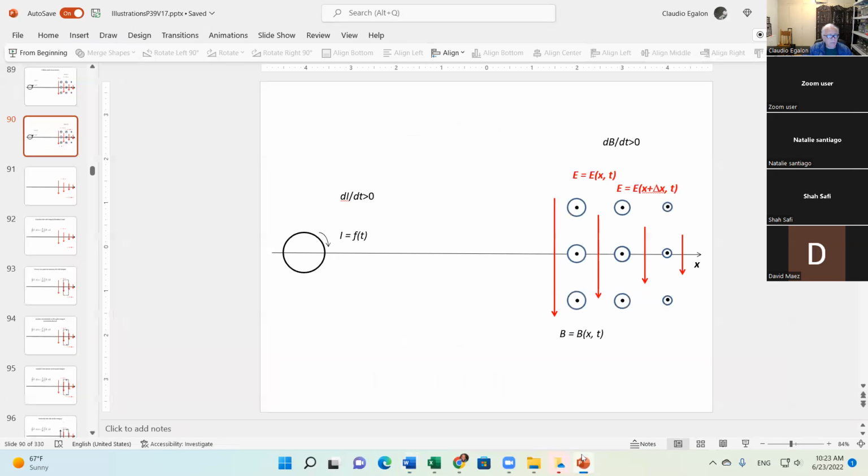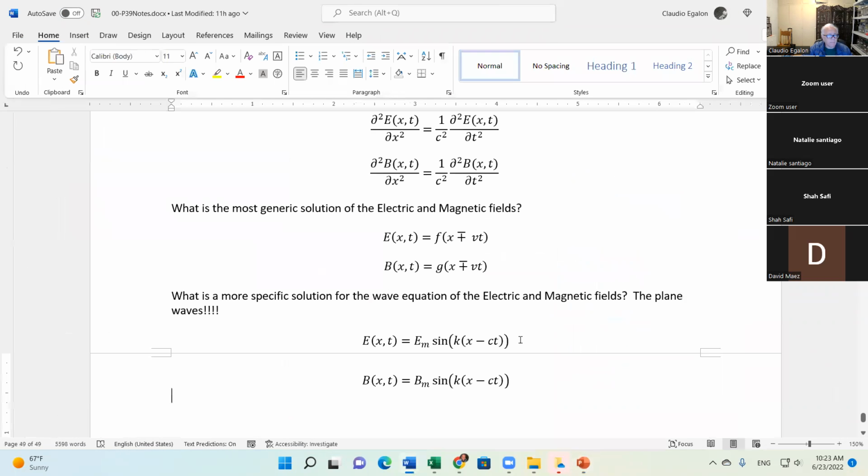Okay, in our illustration that I did here, the electric field is along the y direction, in the negative y direction. And the magnetic field is along the positive z direction. Do you see that? x in this direction, y should be upwards, right? And z should be out of the board. B along the z direction, electric field along the negative y direction in this specific case.